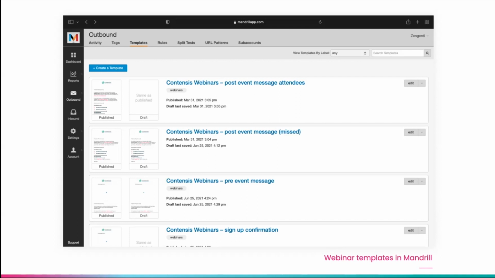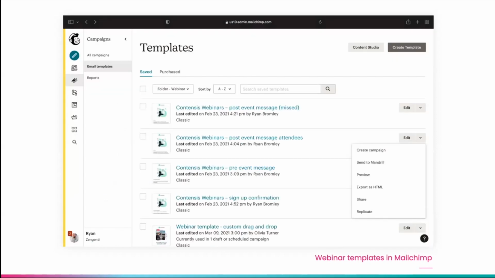So there you can see a list of the different templates that we use for the email at each stage of our process. If we take a look here at the Mailchimp templating screen, you can see that there's a drop-down list to send your templates from Mailchimp to Mandrill. And this was one of the most useful features for us because we could quickly use the drag and drop builder in Mailchimp to create the templates that we then push to Mandrill and quickly start using for sending out